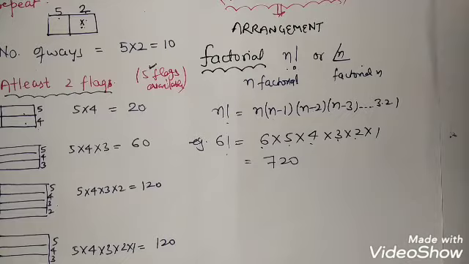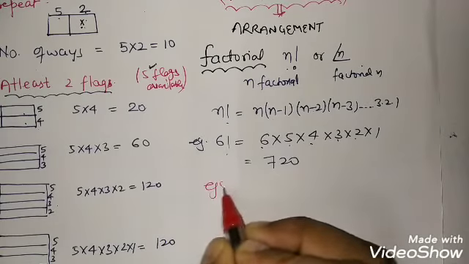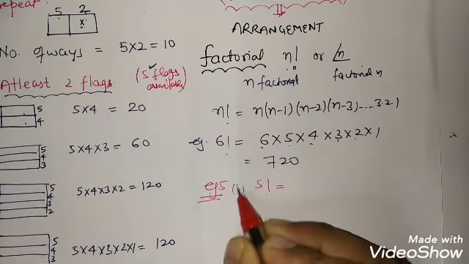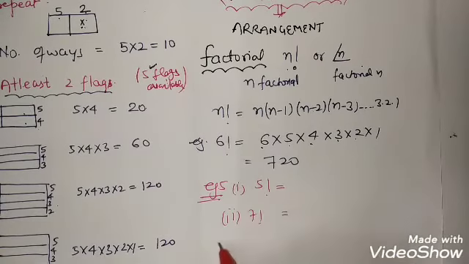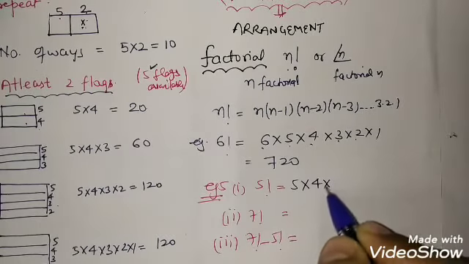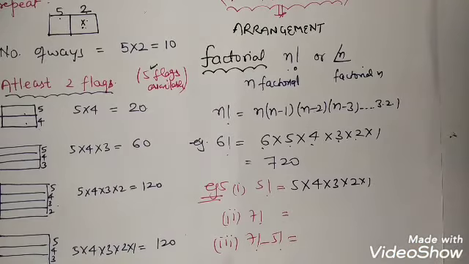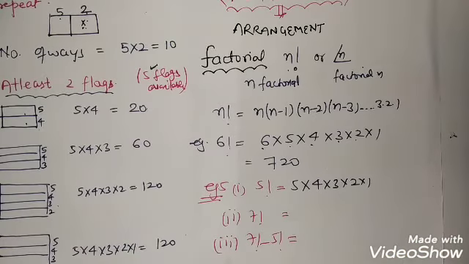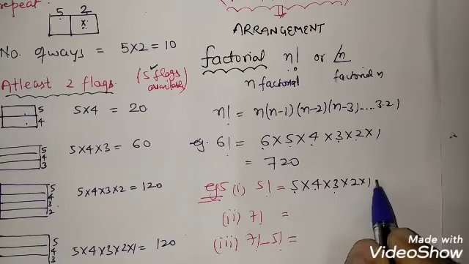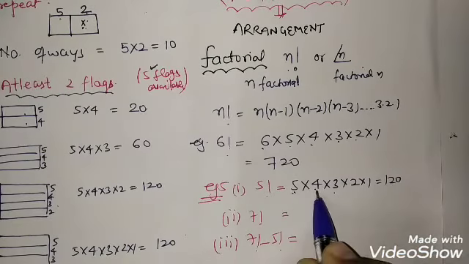Okay. So example number 5, in example number 5, what it is, 5 factorial. It is 5 factorial of your NCERT. It's quite easy. I don't think I have to do this, but still I'm doing it for you. First part is 5 factorial, second part is 7 factorial, and third part is 7 factorial minus 5 factorial. They are very easy questions. So 5 factorial means 5 into 4 into 3 into 2 into 1. 2 3s are 6, 6 4s are 24, 24 5s are 120. Or 5 4s are 20, 20 3s are 60, 60 2s are 120. Whatever you want to write, you can write.